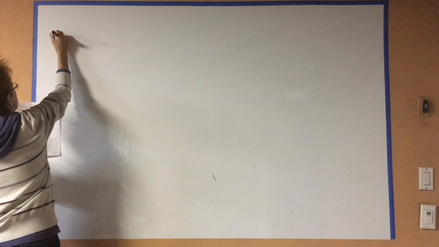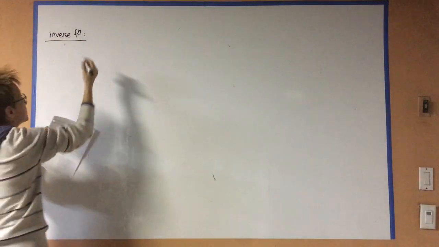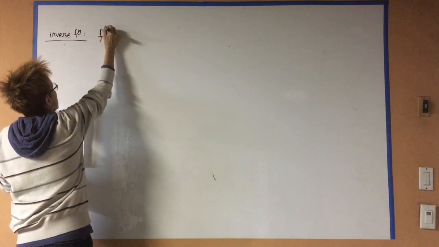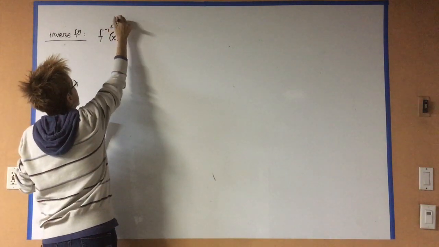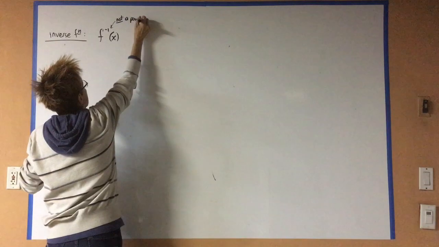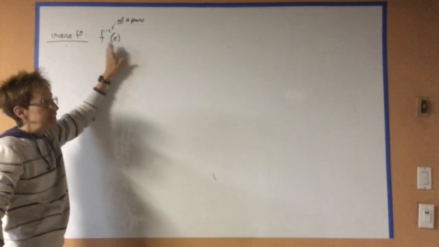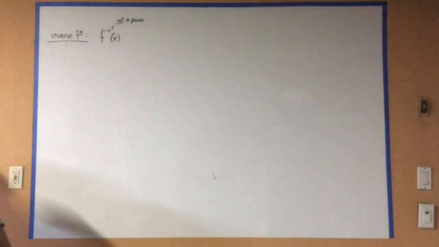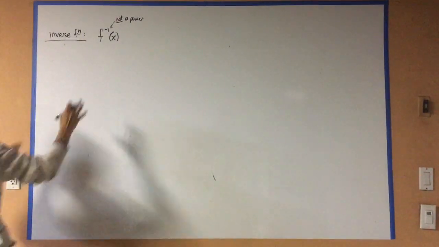So an inverse function is written f with a little negative 1 of x. And I want to comment here, this is not a power. In this context, this is saying f inverse of x. And I think I wrote down how it's read. No, I did not. So this is read